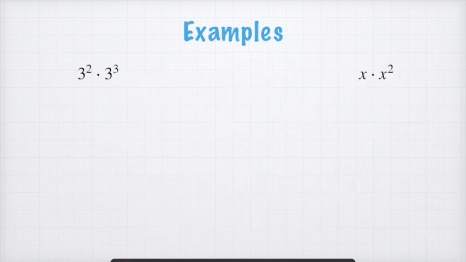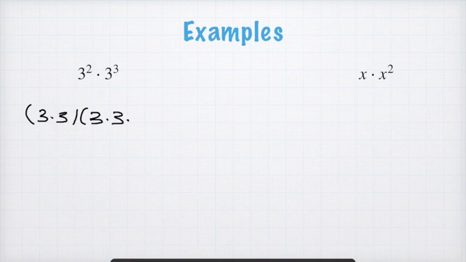Let's do an example here. We have 3 squared times 3 cubed. I'll write it out on this one. So we have 3 times 3 times 3 times 3 times 3. So if we were to count it up, we'd have 1, 2, 3, 4, 5 3's. Now that's the same thing as saying 3 to the 2 plus 3, which is equal to 3 to the